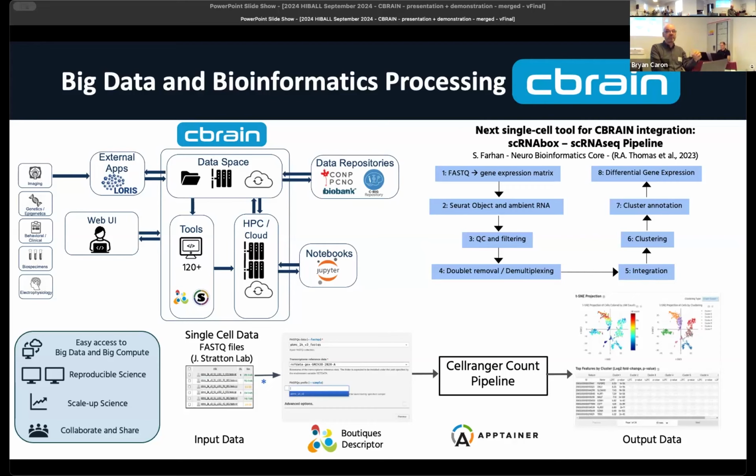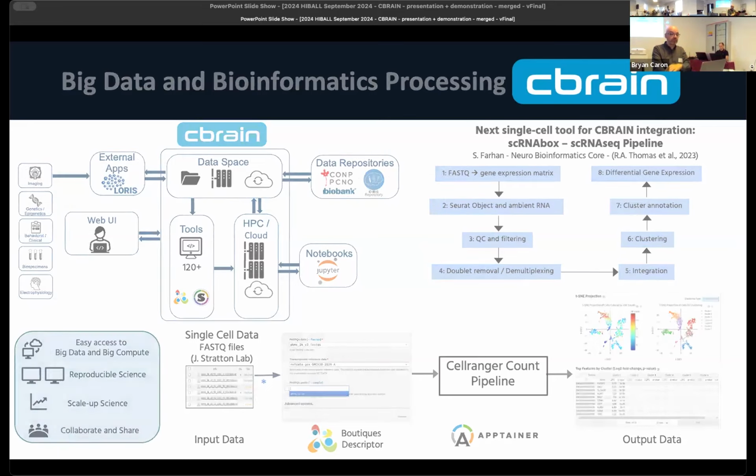Usually it involves some form of inspection after each step just to do a sanity check of the outputs. It depends, again, on the tool and the nature of the data you're working with. Some of them you may want the pipeline to run straight through to the end. Other ones you'll want to do a visual inspection. With CBRAIN, you can just pick and choose which phase and which step you want to run and control the parameters.